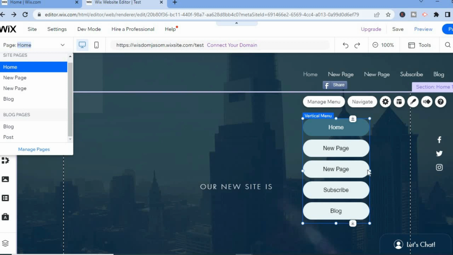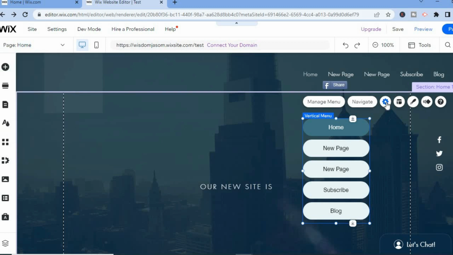And you can see how it looks right there, and that's it. Again, let me tap on settings,